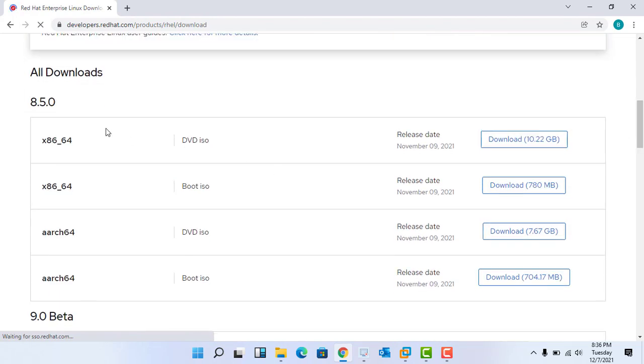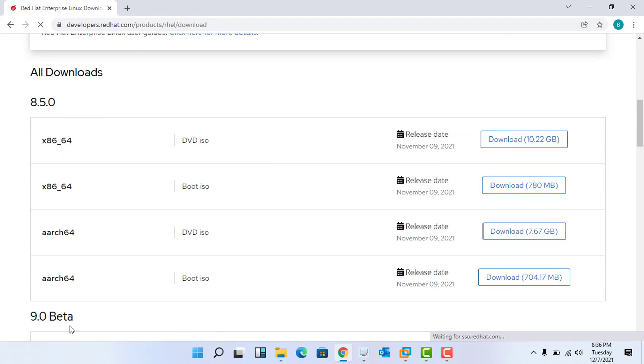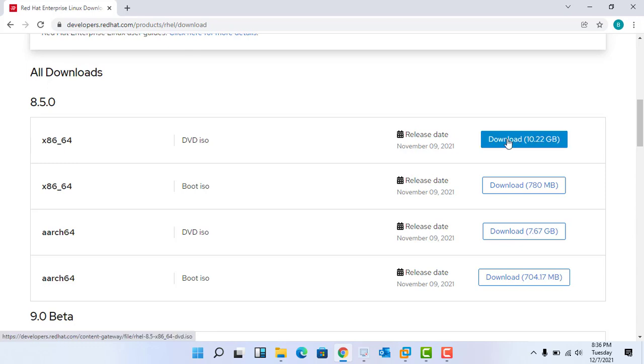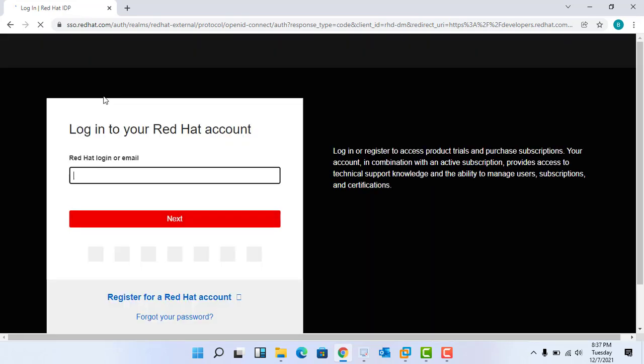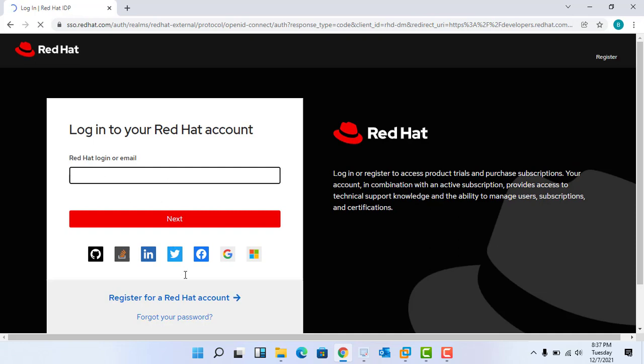See guys, here you can see 8.5.0, and the 9 version has also been released, which is a beta version for testing purposes. I'm not going to download that. I have to download this one. Once you click on download, it will give one pop-up for the login. You can see login in Red Hat IDP. If you do not have an ID, first of all you have to register here, then you will be able to download.